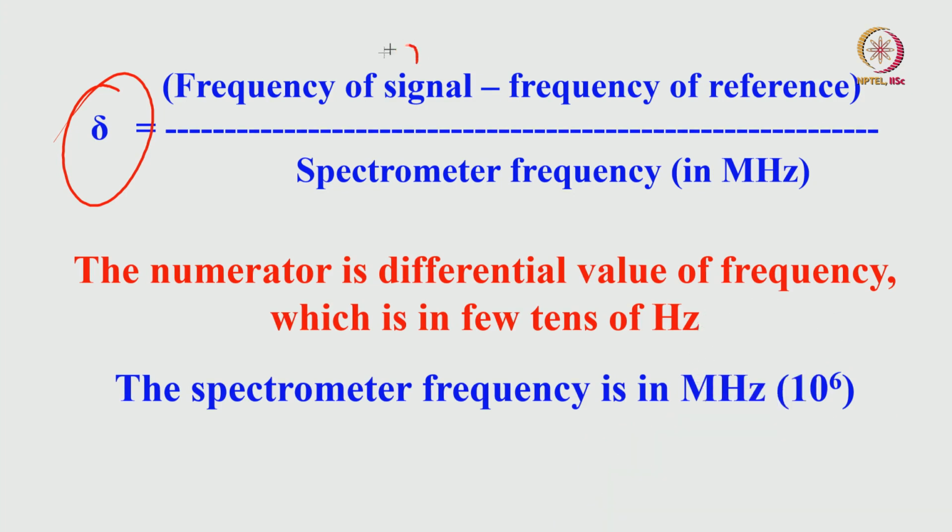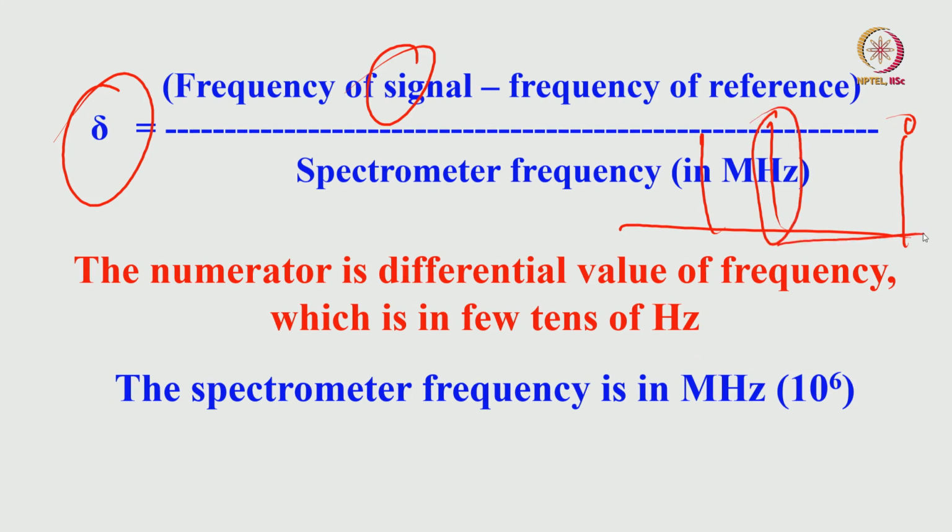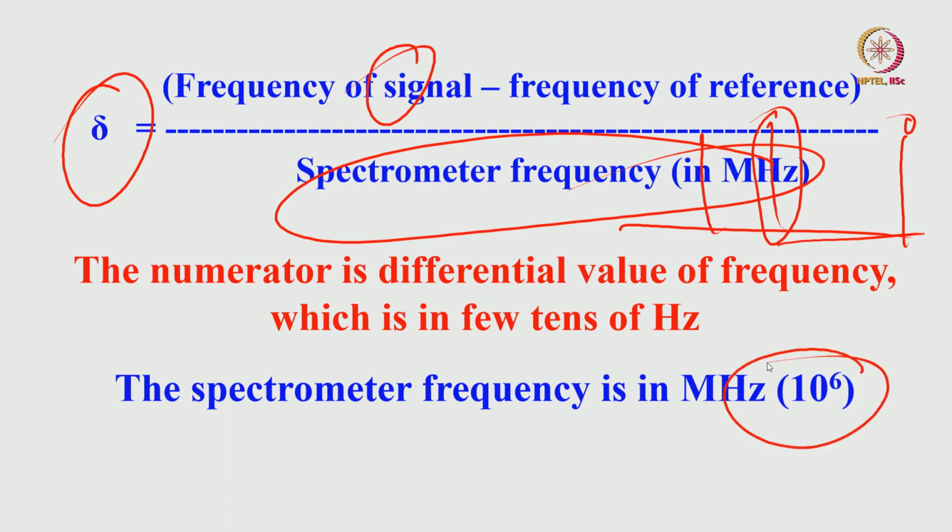We measure the frequency of the signal. There are, let us say, 2 peaks here, and this is the reference. We make this reference 0, measure this chemical shift, measure the frequency of this. Frequency of signal minus the frequency of the reference you consider, and divide this by the spectrometer frequency in megahertz. Then the numerator is the differential value, the difference between your frequency of the signal and the reference, divided by the spectrometer frequency in megahertz, and the value you are going to get is nothing but the chemical shift expressed in